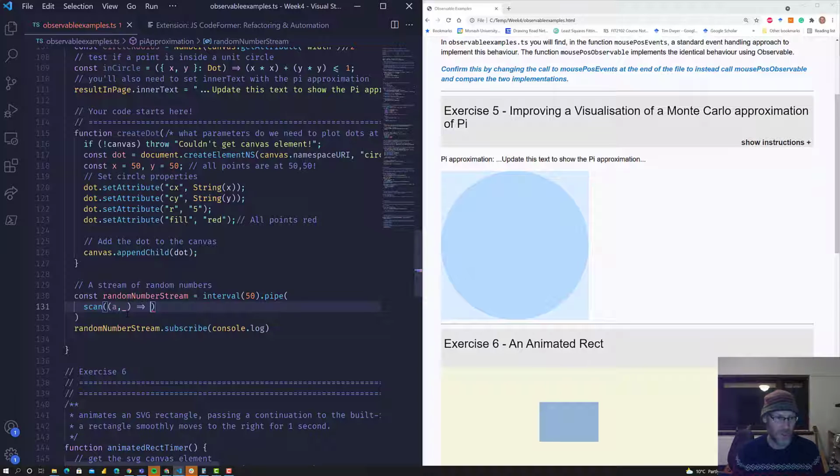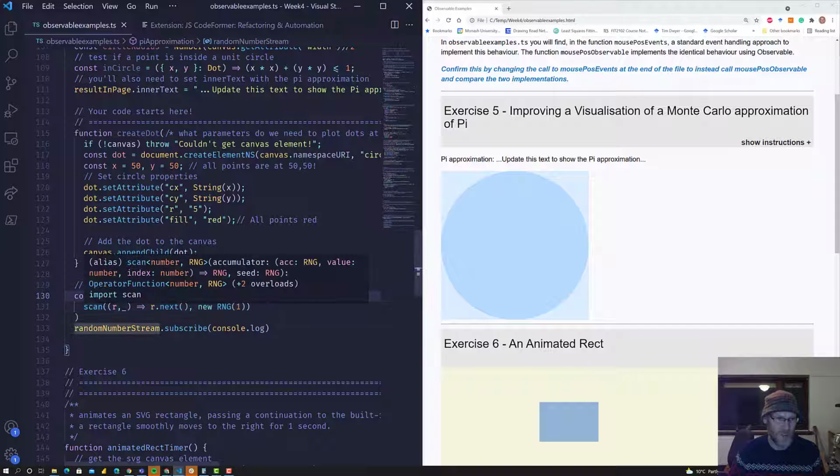And so what are we going to return? So A is actually, well, we'll call it R actually, because it's one of these RNGs. And what we're going to do then is we're going to return a next. And our initial value to the scan sequence is going to be a new RNG with an arbitrary seed, pick any number. Right, so now that type checks, we have a scan that takes a number that we don't use,